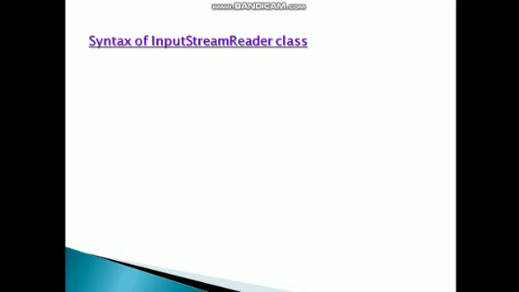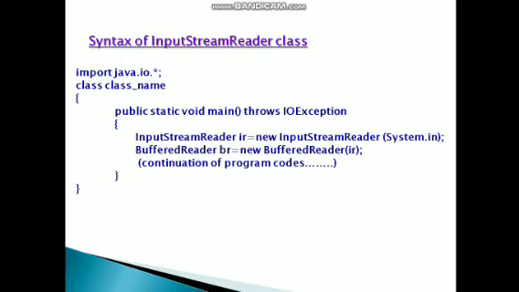Syntax of the input stream reader class. This is the general syntax of the input stream reader class. Import java.io.star. IO is a package of Java classes. The input stream reader as well as the buffer reader are inbuilt classes developed by Java programmers, and these classes are inside the IO package.